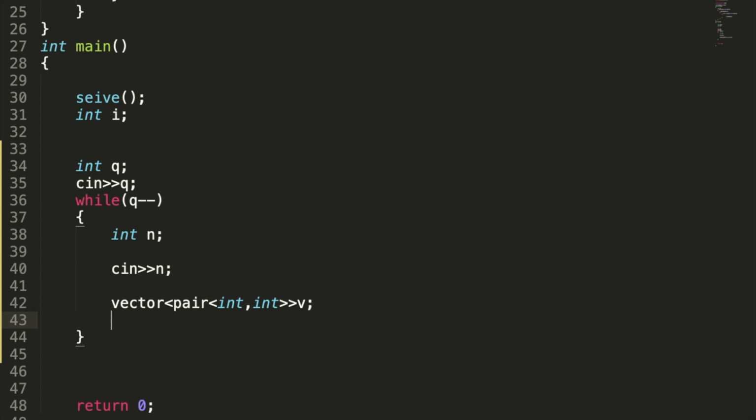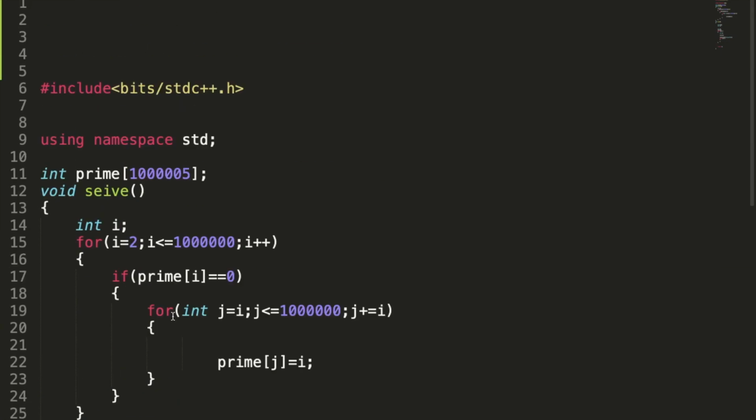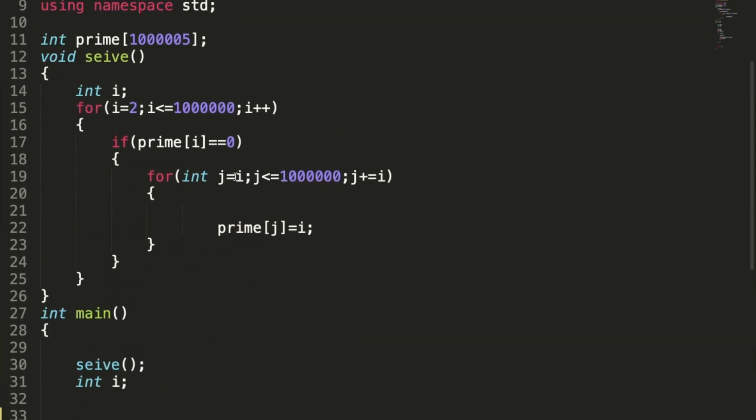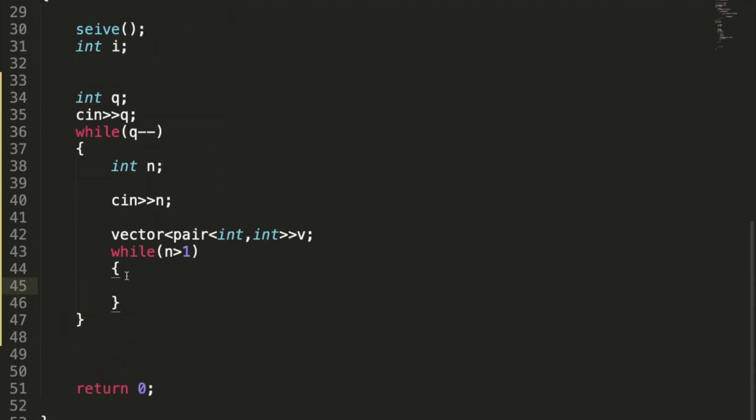So what is the algorithm saying? We need to run the loop till we have n greater than 1, correct? And also make a note, for the largest prime factor what we did was we ran j from 2 into i, but we need to run from j equals to i, because if a number is prime, the largest prime for that prime is that itself. So we are going to find the largest prime of that number and then we are going to divide.